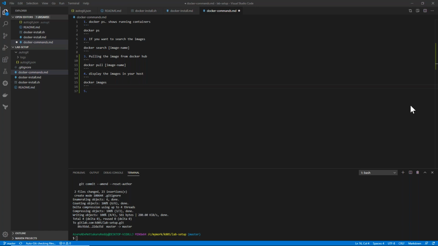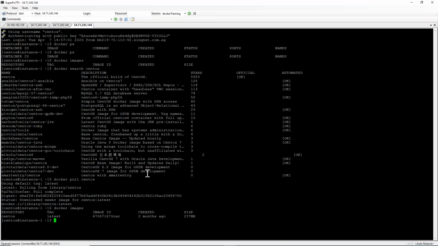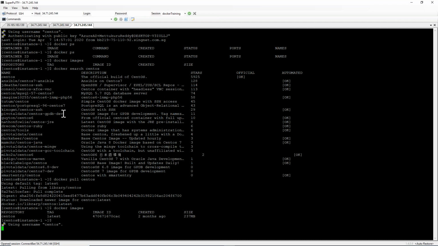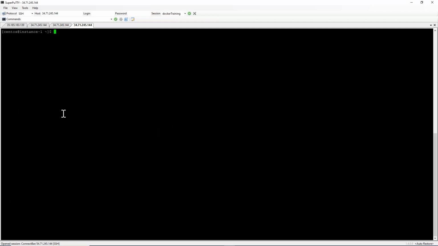Yes. Okay. So now the next command is... we pull the image. Now, how will you create the container from the image?